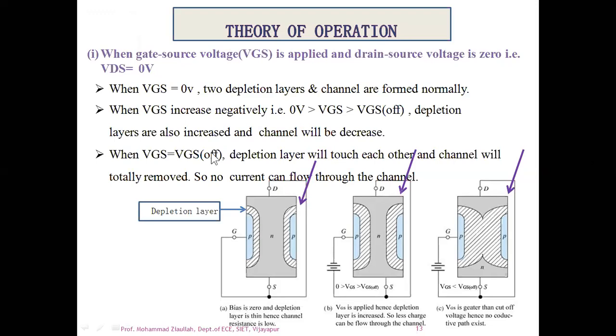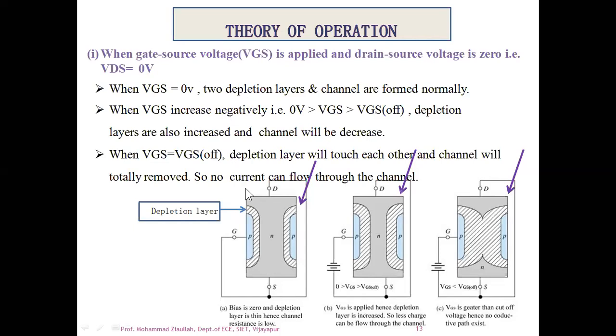Let us take the first case, where the voltage applied between drain and source is 0, that is VDS is kept as 0. Before going to the cases, let me mark the three terminals here. This is the source, this is the gate, and this is the drain. The flow of current will always be from source to drain, controlled by the gate, and this JFET is a voltage controlled device.